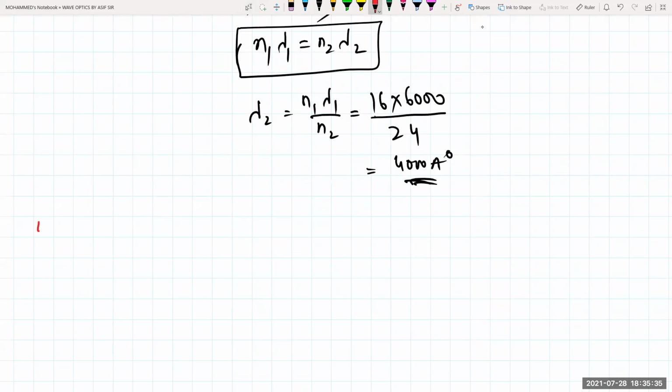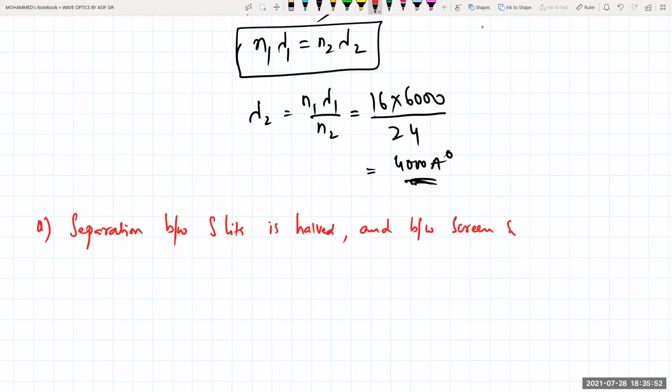Next question. The separation between the slits is half, and the distance between the screen and the slits is doubled. What is the final fringe width